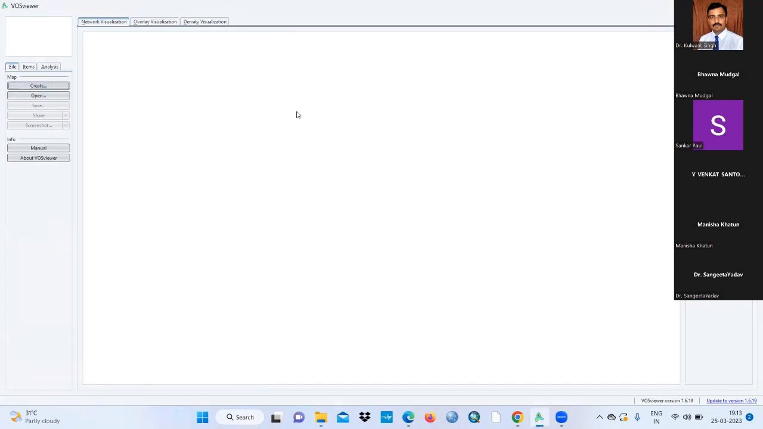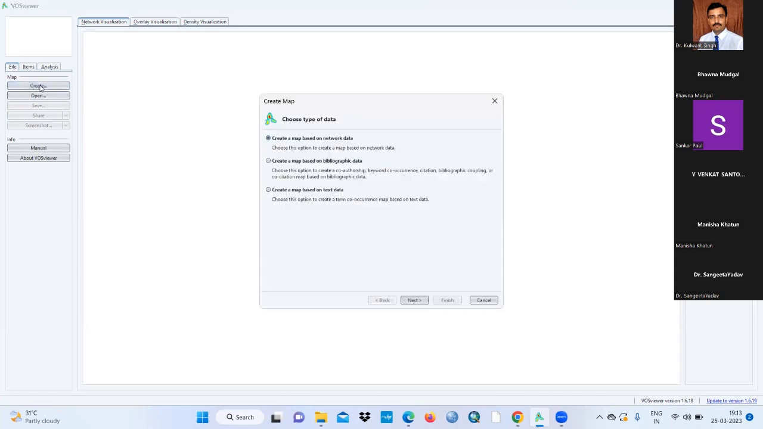Now we try to input the data into the software. How can we input or insert the data we have? Go to the left side corner, where you can see file, item, analysis. Click, or it is automatically clicked on file. Go to create. Then you can see